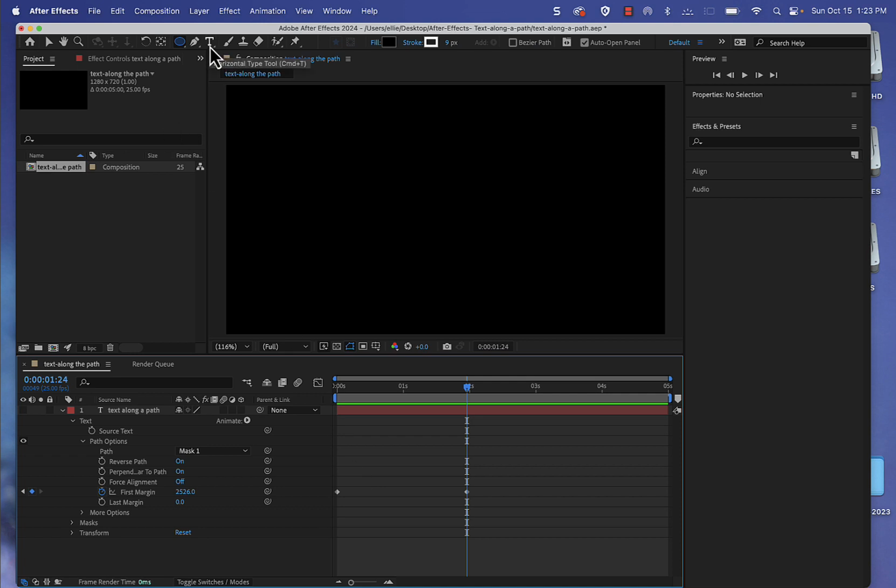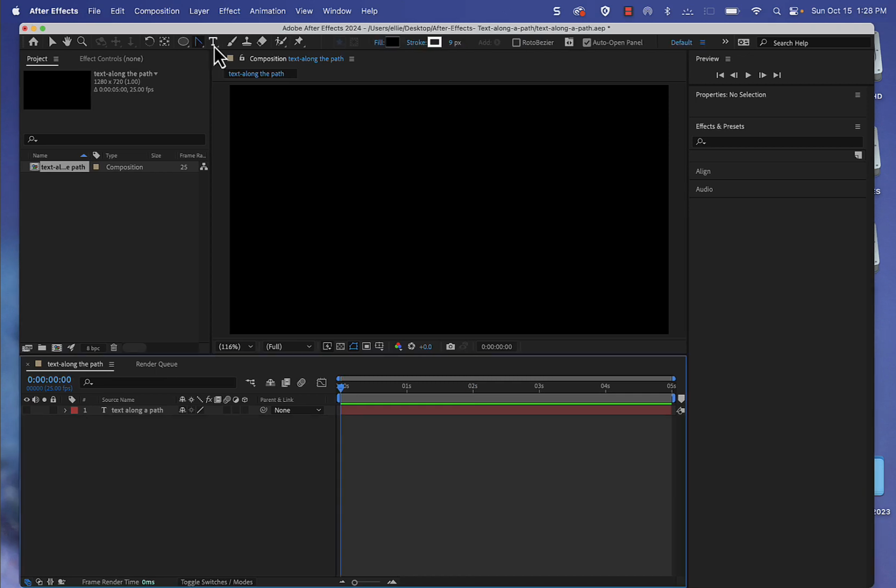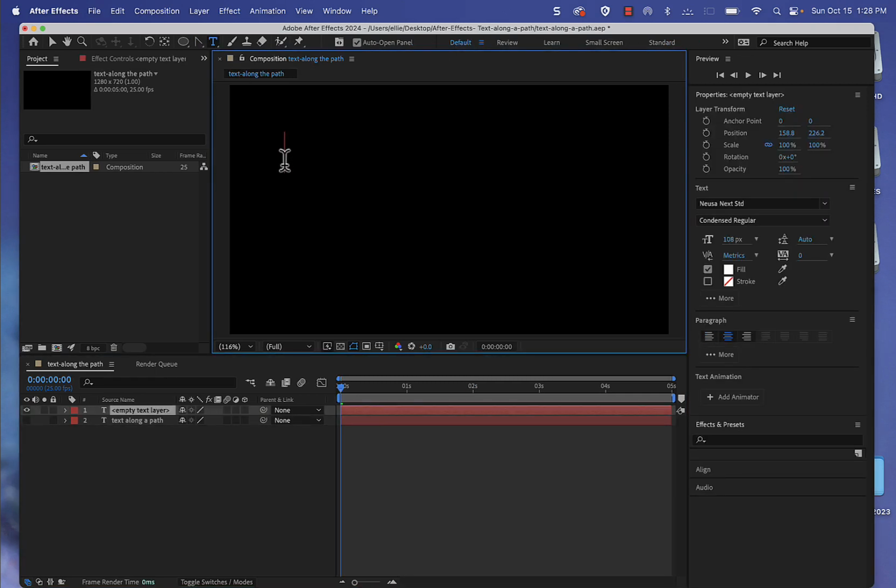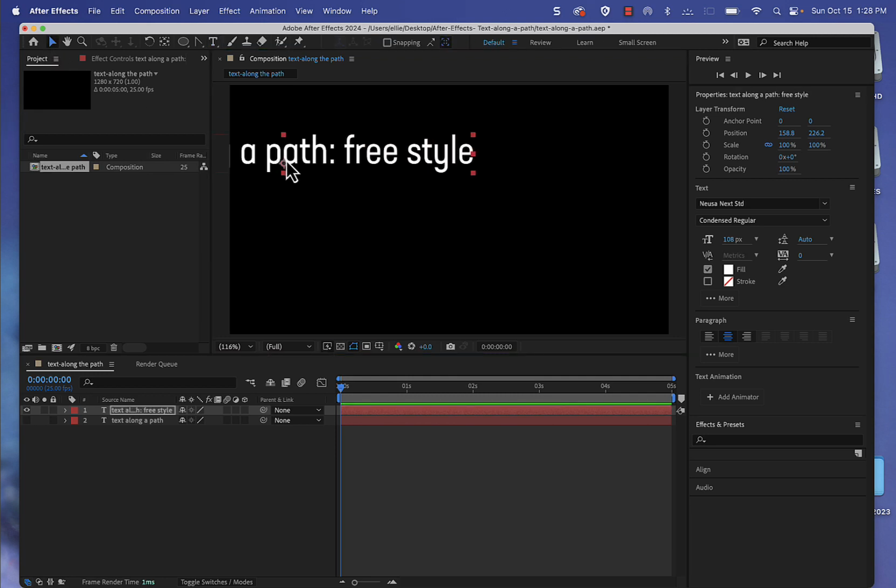Another way that you could animate the text along the path is kind of more of a freestyle. So I'm going to make a new layer, call it text along the path freestyle. I'll just move it down here